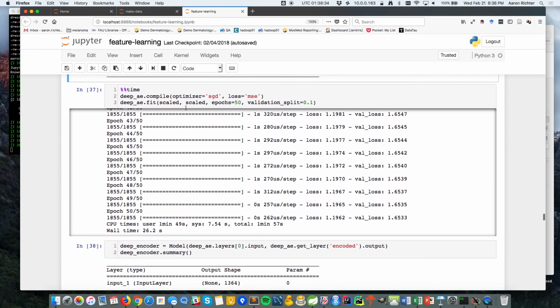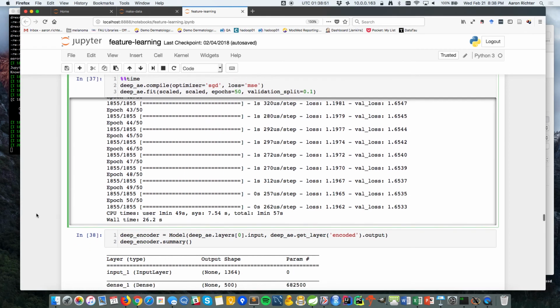So what we do here is now you fit the model, and what's interesting is that with an autoencoder, you're fitting the same data that you pass in, right? You'd obviously want some splitting on the validation, but your input data, your X, essentially your independent variables, are going to be the same exact thing as your dependent variables. And now, once I have this trained model, after calling this fit method, this deep_AE object is now my trained autoencoder, with the encoding and the decoding. But I don't want that.